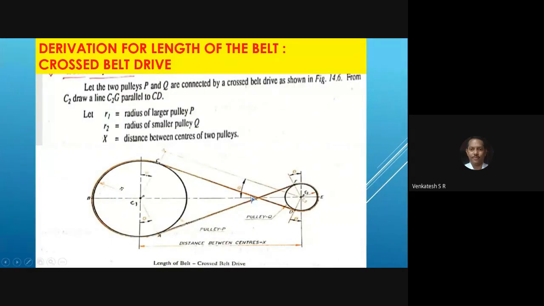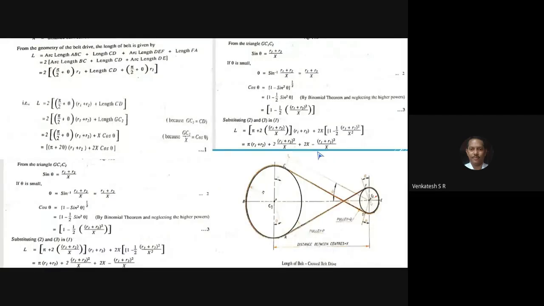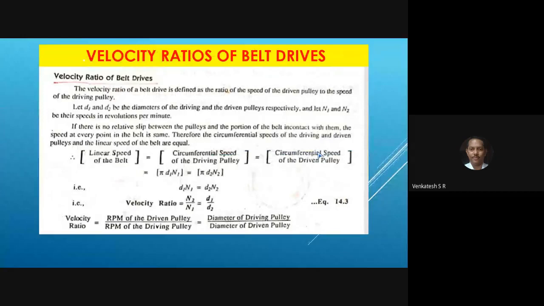Last class we discussed the calculation of the length of the belt required for open belt drive and cross belt drive. Today, all of you write down velocity ratios of belt drives. Velocity ratio of a belt drive is defined as